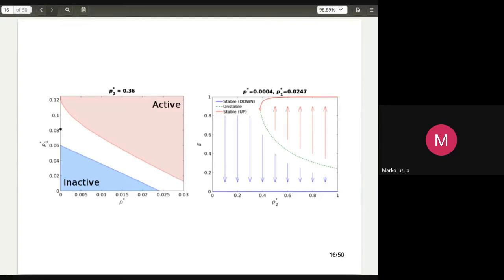We will sometimes land above this unstable green dotted curve, sometimes below. When we land below, the system will simply go to the down state, the inactive state. And then after a while, when stochasticity moves it above this green curve that represents unstable equilibrium, the system will jump up spontaneously